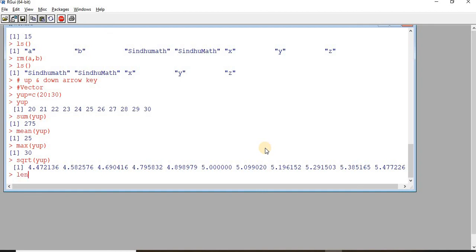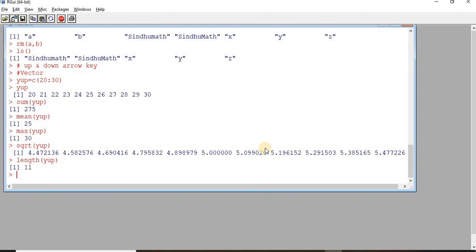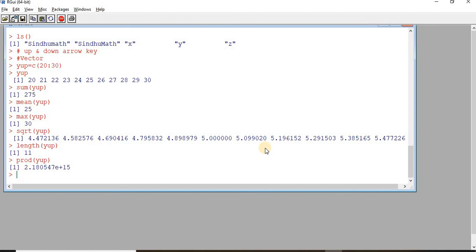Then length. It identifies the length of the vector. So we have 11 elements in the vector. This is the product function. It finds the product of all the elements present in the vector. Sort.